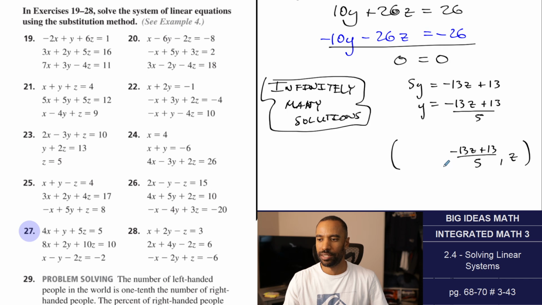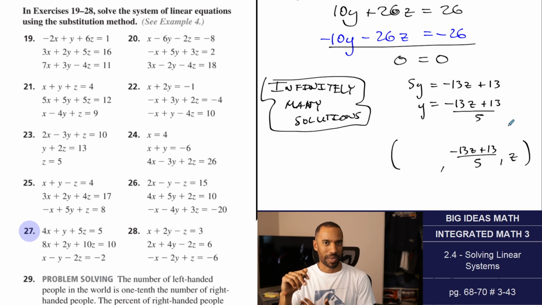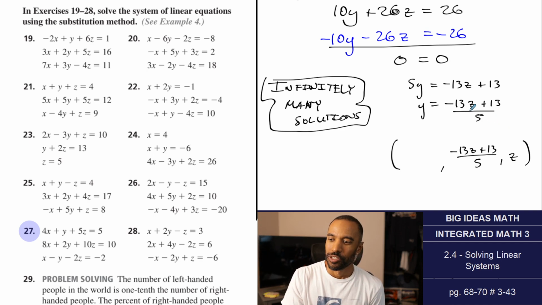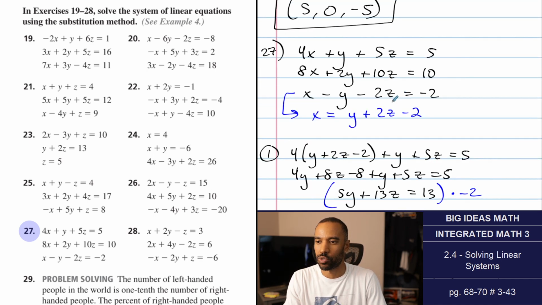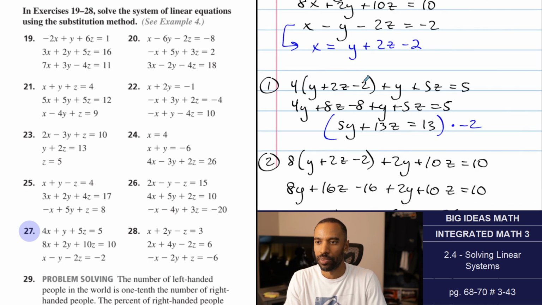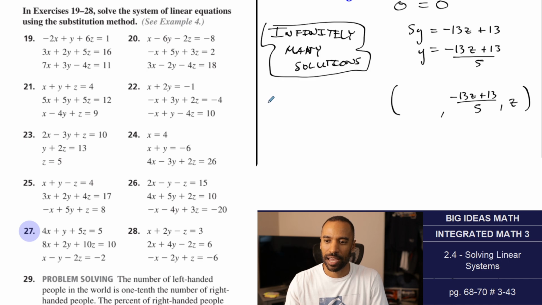Remember when I said I anticipate these last answers to have either infinitely many solutions or fractions? This said both. So we still have to solve for x. We'll take the equation where x is by itself, this one, y plus 2z minus 2. This is our first infinitely many solutions where that thing's solved for here. So x is y plus 2z minus 2. I'll write it in a different color. X equals y